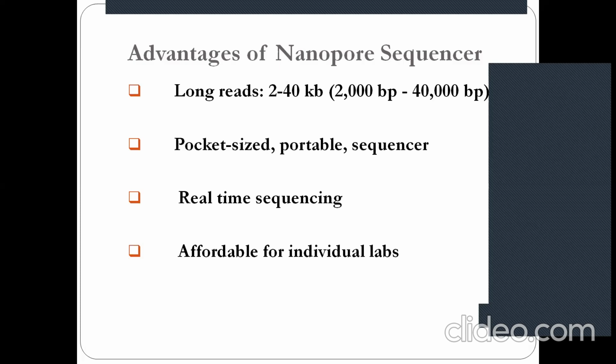There is one USB port, and it is the same in the case of your Oxford Nanopore platform. It is also very computer friendly. Whatever data you capture, during data capturing we can connect the system to the PC,